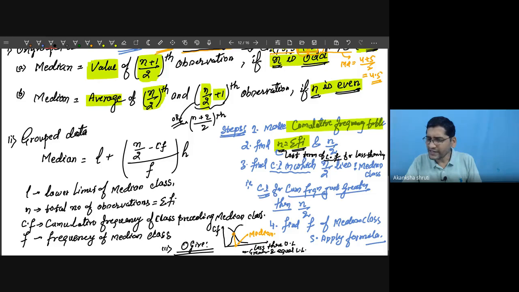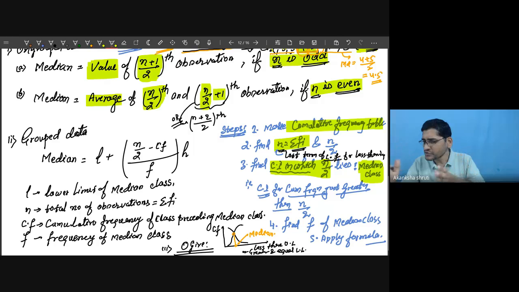Then we have to calculate the n by 2. The class interval in which this n by 2 lies gives the median class. So for calculating the median of grouped data, the very first thing we need to calculate is this median class. So median class is the class interval in which this n by 2 lies, or you will observe that it is obtained from the less than type. From there